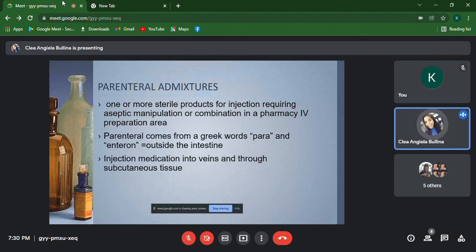Okay, so for the parenteral admixtures, as we have discussed kanina, ano nga yung IV admixtures? Or parenteral admixtures. Parenteral admixtures are those admixtures which have one or more sterile products for injection requiring aseptic manipulation or combination in a pharmacy IV preparation area or pharmacy intravenous preparation area. Parenteral